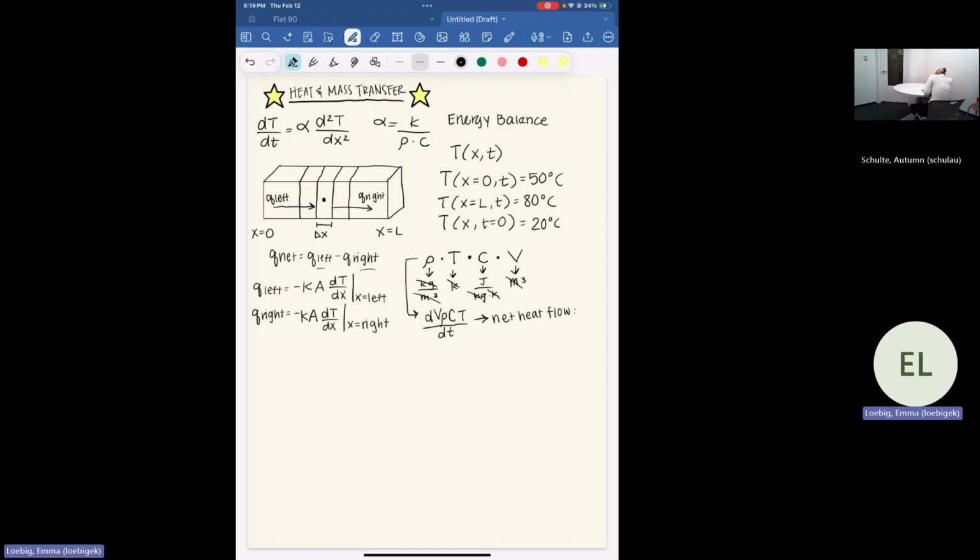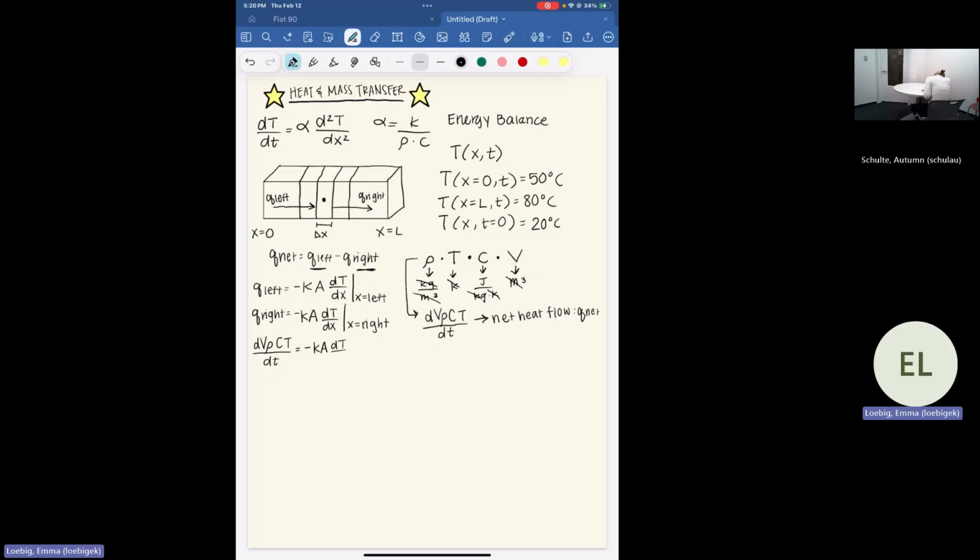Or like we said over here, Q net. And we know that Q net is equal to Q left minus Q right. So let's write that down. We have the derivative of volume, density, heat capacity, and temperature with respect to time equal to the negative thermal conductivity multiplied by the area multiplied